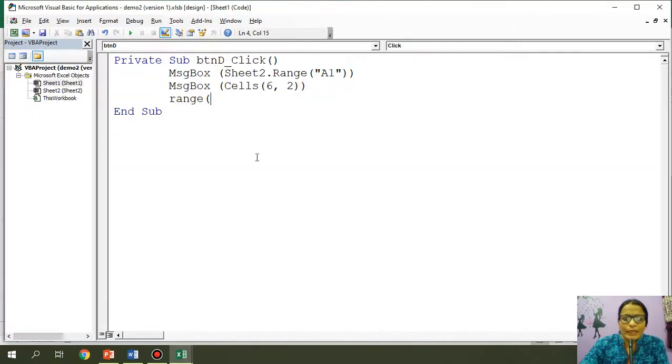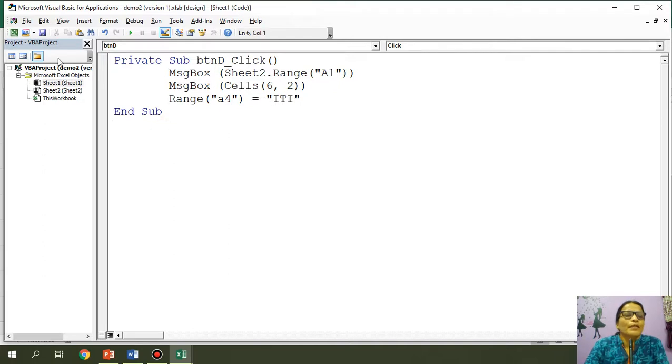So I can say range A4 is equal to whatever text you want to store there. I'll just say ITI in capitals.